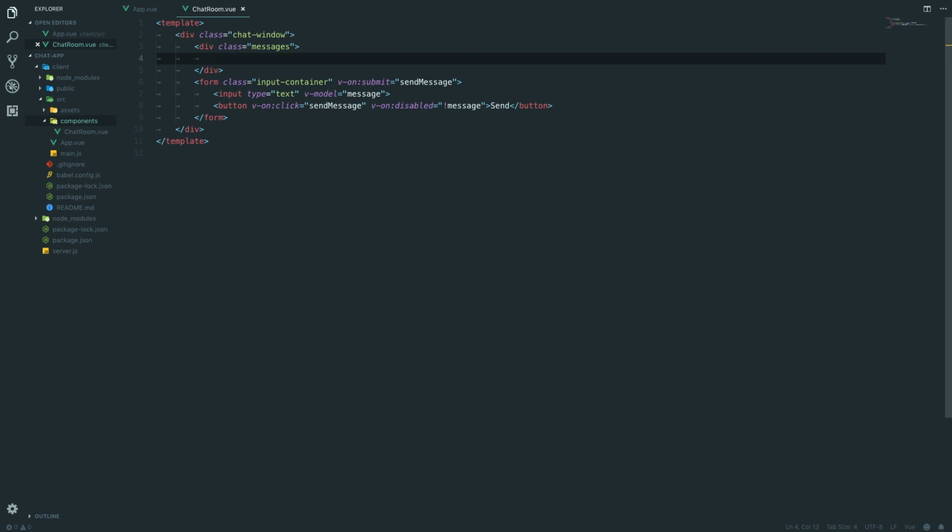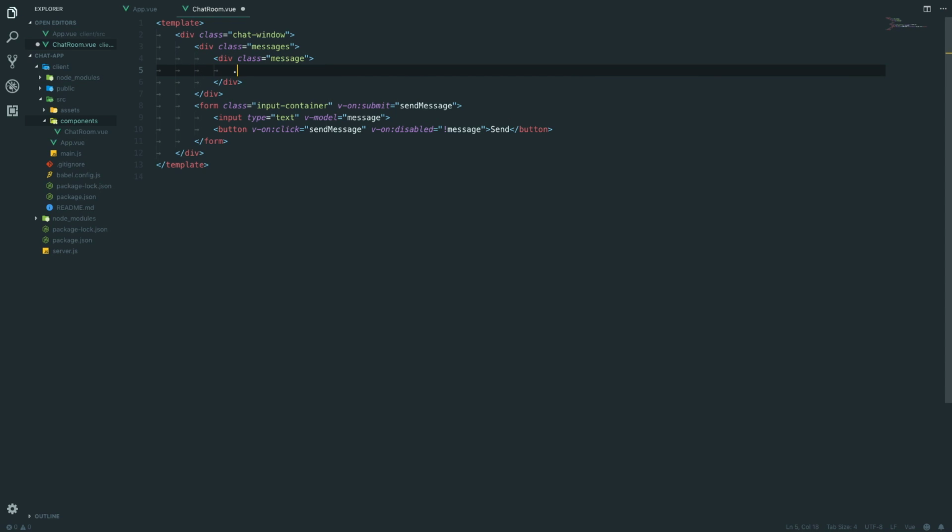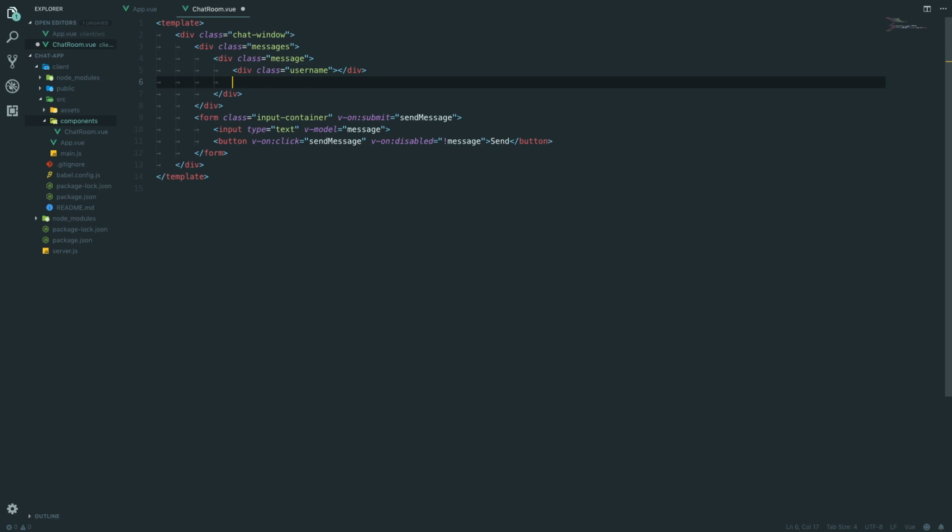And next up, there's a lot to this HTML here, so we're going to use message, and then inside message we're going to do username, and then inside message as well, we're going to do message text, and then we're going to use some expression here. We're going to say message.message,